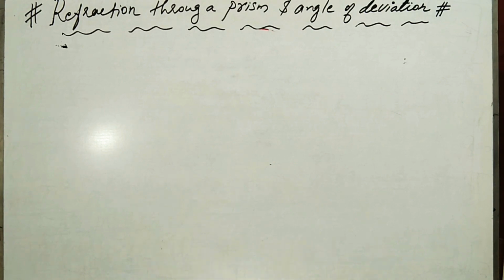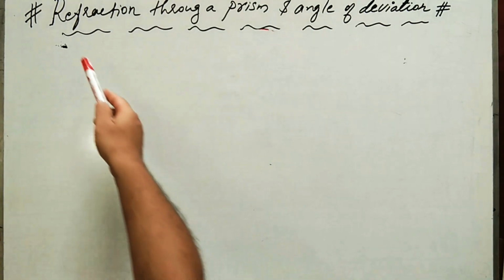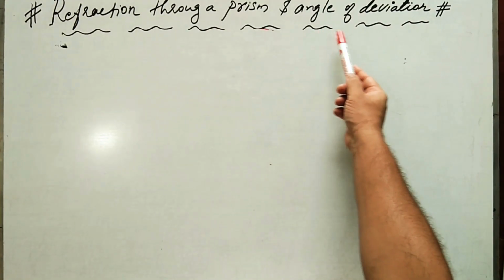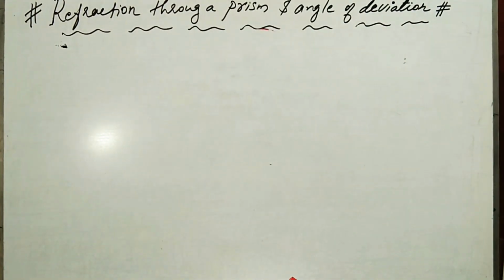In today's session, we are going to learn how refraction is taking place through a glass prism and the concept of angle of deviation. In the previous sessions, we have learned how the refraction is taking place through a glass slab and how to draw the ray diagrams and the rules used for constructing ray diagram, etc. If you haven't watched the video, please watch the backup videos and learn how the refraction is taking place through